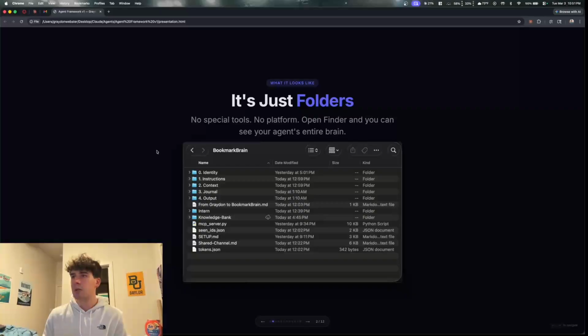It's a folder structure that gives the agent all of its instructions and its identity through Markdown files. For those of you who don't know, Markdown files are the best way for agents to read your instructions. And this is what made OpenClaw so great. It was a collection of Markdown files that had stuff about you, persistent memory, context, tools, just heartbeats that ran at a certain time. This is why it was so great. So this is what I try to pull from with my own framework.